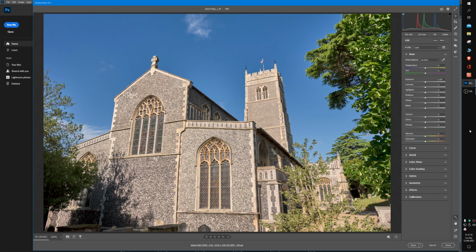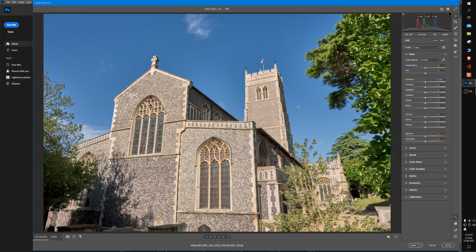In this video, I'm going to have a look at how to try and fix converging parallel lines, especially vertical ones, such as on the edges of the tower on this church. This happens quite a lot with wide-angle lenses. You have to get quite close and stand quite a bit below and then look up. And you get quite a distorted looking image, and if some people like it, it looks very dramatic, but you